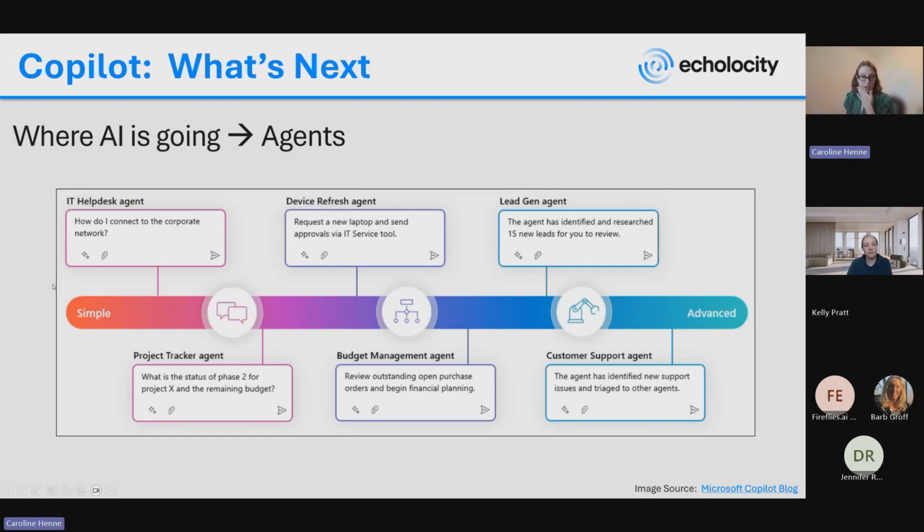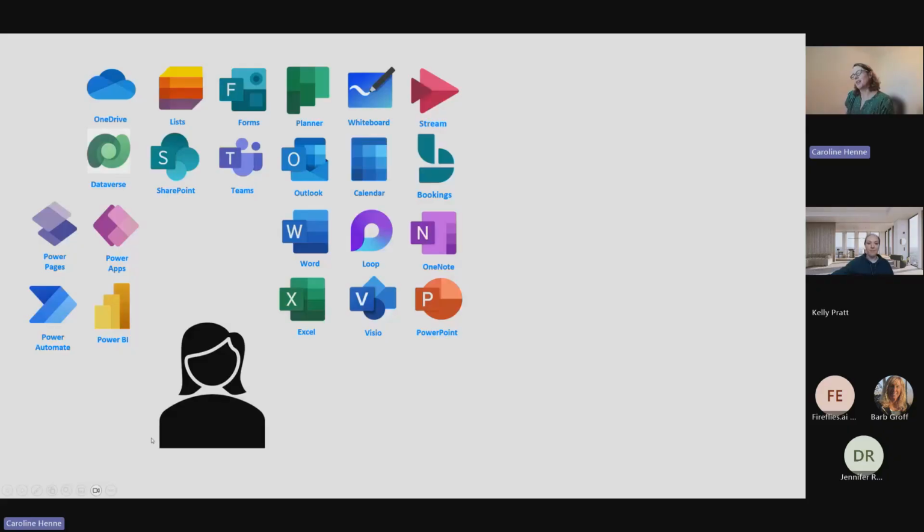Before I move off of AI just a little bit, unless anyone has any other specific questions. The other piece, I would say, is a little bit more of a